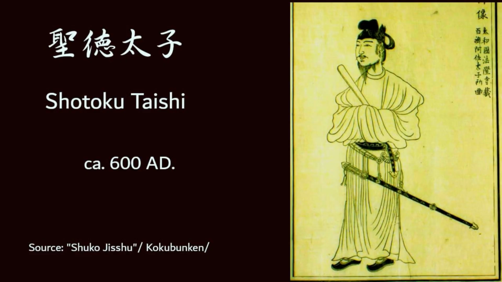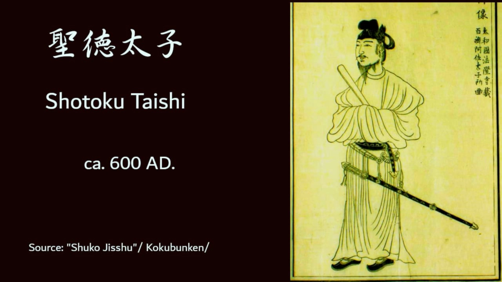Around this time, under the authority of the emperor, it was Shotoku Taishi, that is, Prince Shotoku, who took control of the country and developed a governmental system. Prince Shotoku would become a famous historical figure that would be referenced more than 1,000 years later. He decided to send envoys to China to learn about its institutions and technology.